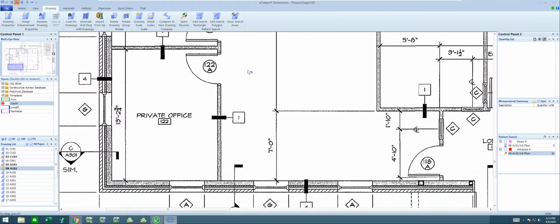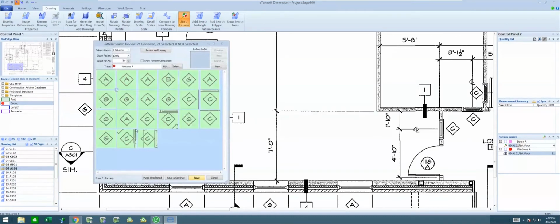So here in a moment, I'll get about done with this thing. Now it's changed to binoculars, so it's actually done. It's found 21 different objects. I'm going to double click on it and open it up and see what all the different things were that it found. If I was looking for window A, I'll see spot on.